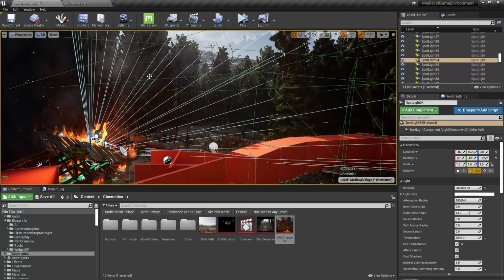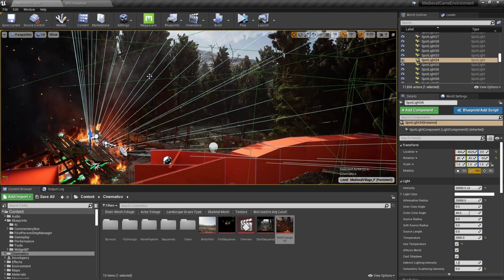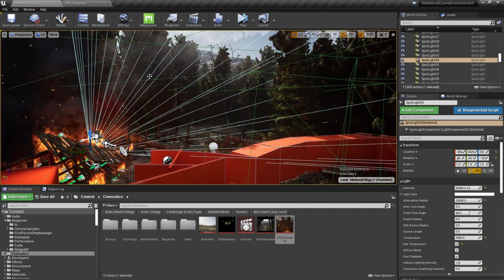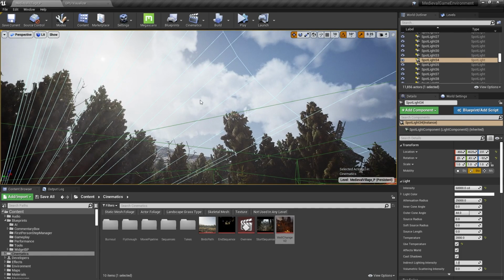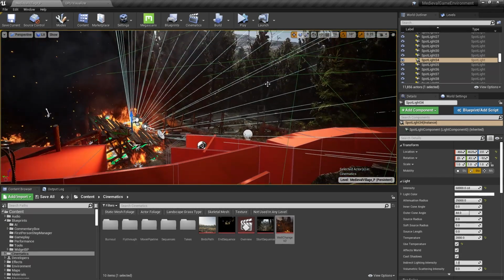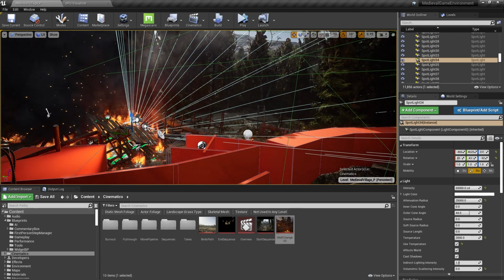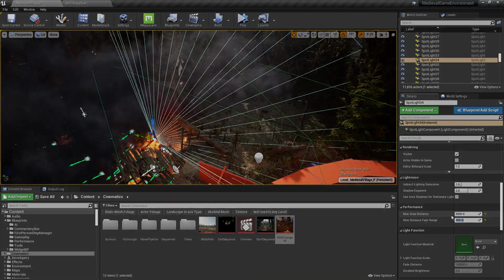Thirdly, there's this spotlight here that I know the artists are using to really sell the burned down building, but its attenuation radius is really quite high. That means we're trying to resolve the light and cast shadows for it from here in the center of the village all the way through the tree line and beyond. We can bring in the attenuation radius of the light quite a bit so that it's only affecting the parts of the scene that it needs to, and of course I'll set its fade values.